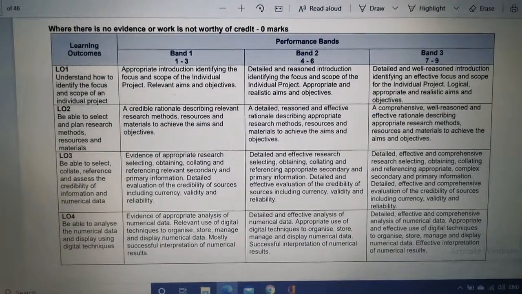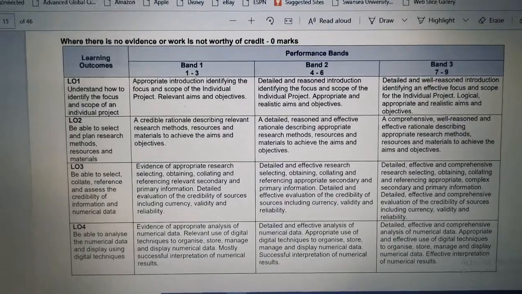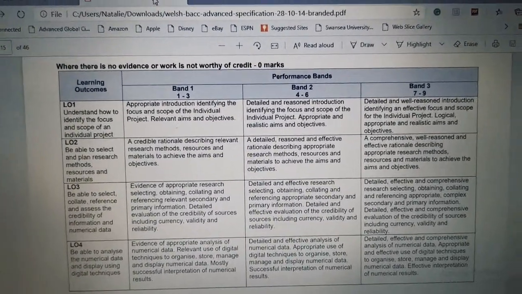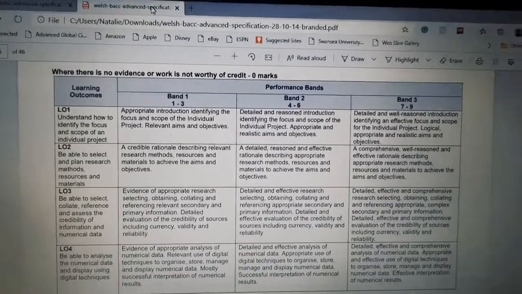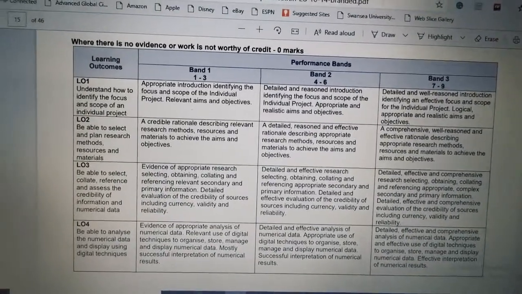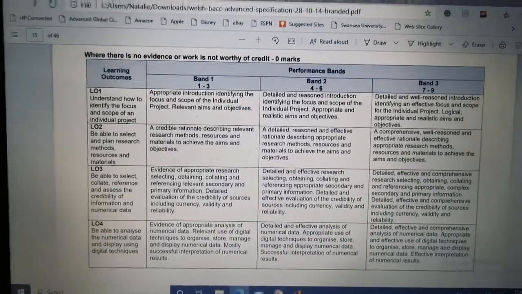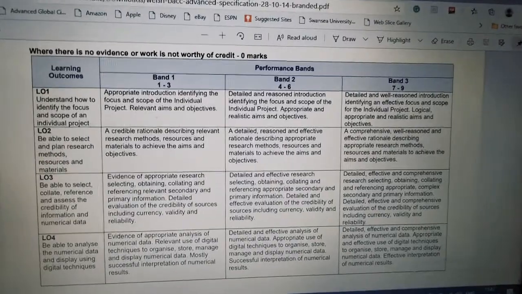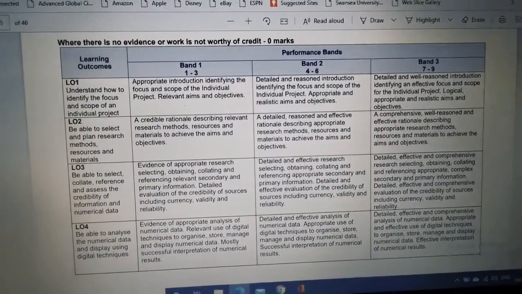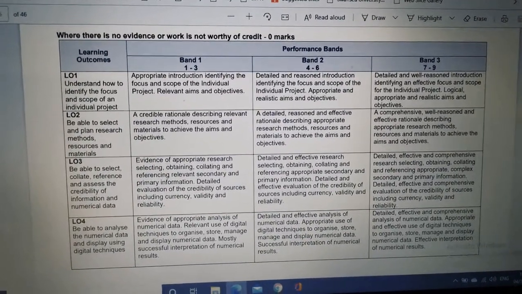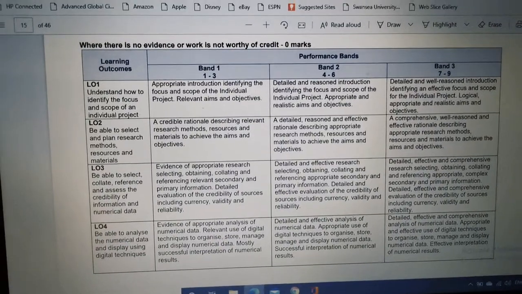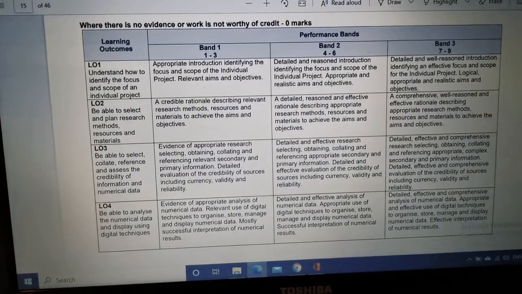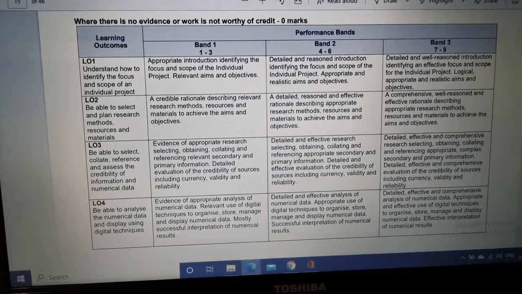So this is essentially your ability to select effective secondary data, and assesses your ability to credibly assess the credibility of the resources. Okay, so if you can remember when you were in year 1 of your Welsh Baccalaureate journey